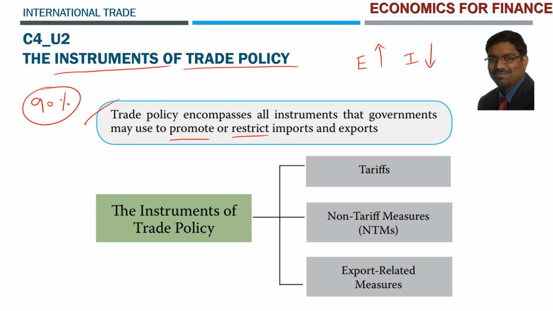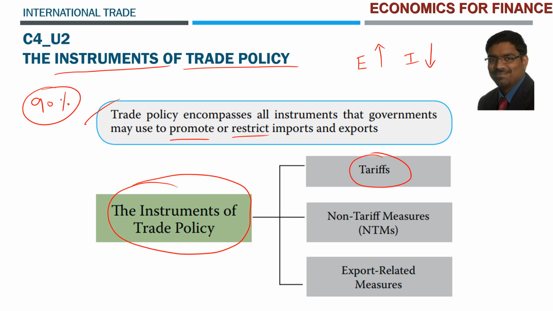Something banned, something encouraged, something discouraged, some subsidies given sometimes, some penalties levied sometimes. All these things are part of trade policy of the government. But of course, this is entirely related to imports and exports, and that is why it is part of international trade. And what type of instruments might the governments use as part of their trade policy? There are broadly three types of instruments. Naturally, these are the three different segments of discussion in this particular unit. One is